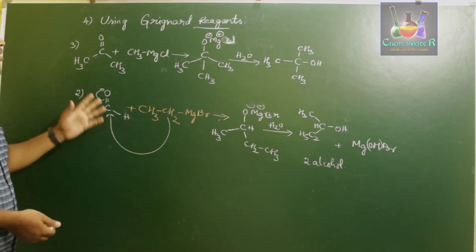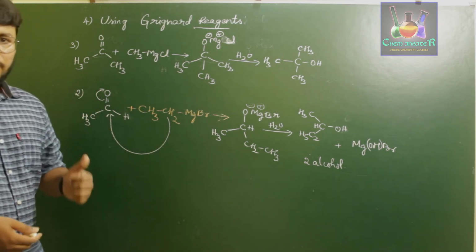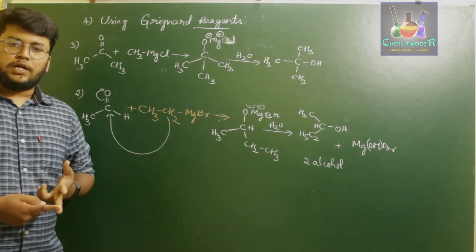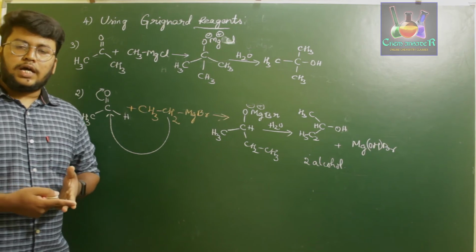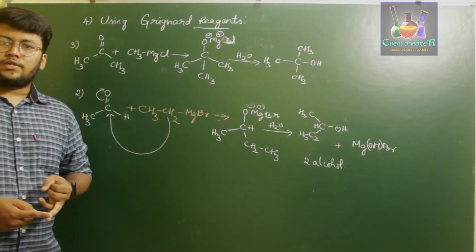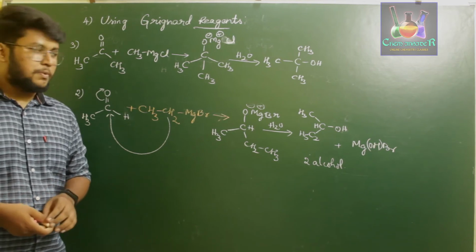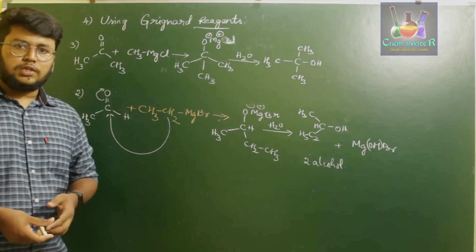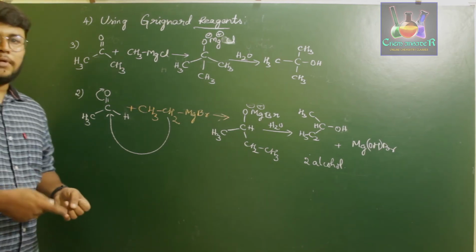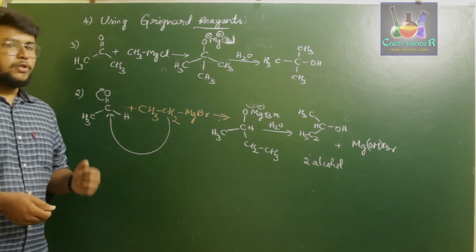Okay, so these are all the methods of preparation for alcohol. So first we use alkene, where we use two different methods of preparation. One is a hydroboration process, one is an acid hydrolysis. Later we use carbonyl compounds such as aldehydes and ketones. By reducing them we prepare primary and secondary alcohols respectively. And then we use carboxylic acids to prepare alcohols. And next we use Grignard reagent to prepare primary, secondary and tertiary alcohols. Okay, so this is all about the preparation.